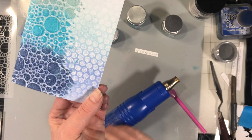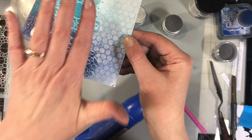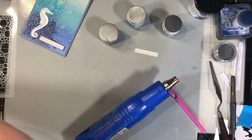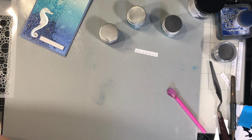Right, so that is completely melted, and you'll see some of them are puffed up, some of them have already gone back down. I need to set that aside to dry. Probably about 15 minutes, half an hour is what it's going to take. While we're waiting for that, I am going to